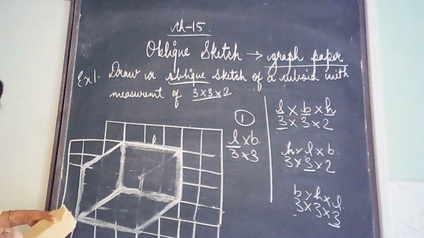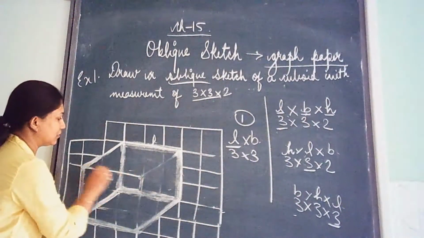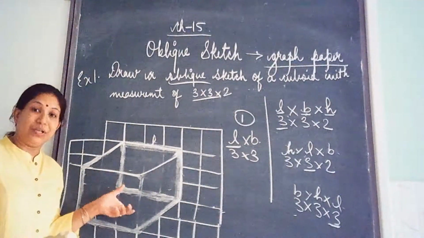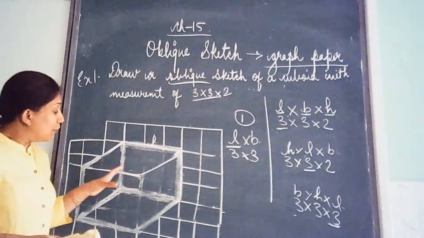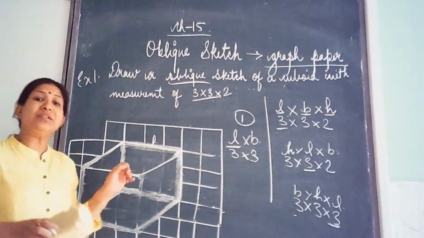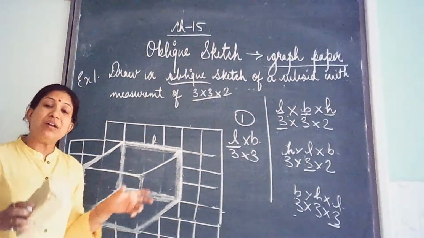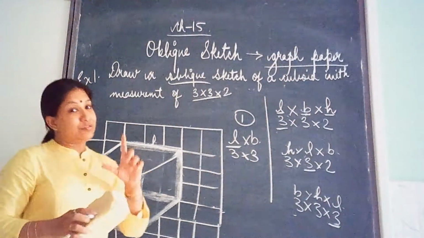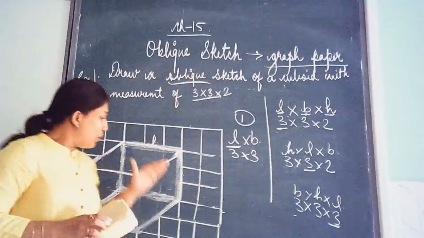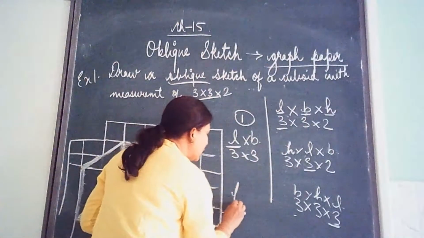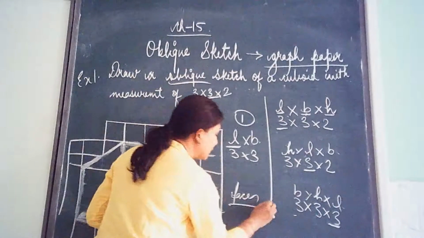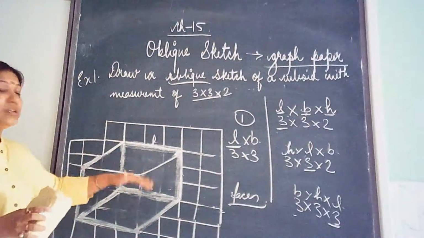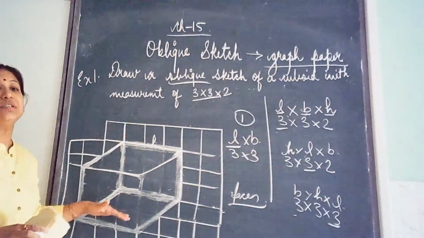Isn't it in a shape of a box? I've left here also. Yes, got it? So this is in a shape of a box. It's a cuboid. Now when we check the cuboid, there are certain disadvantages. The disadvantage is that you see it's a cuboid. Cuboid means 3D figures, solid states. But when you see, you will see only some faces are visible. Some faces are missing. You cannot see certain faces of this cuboid.